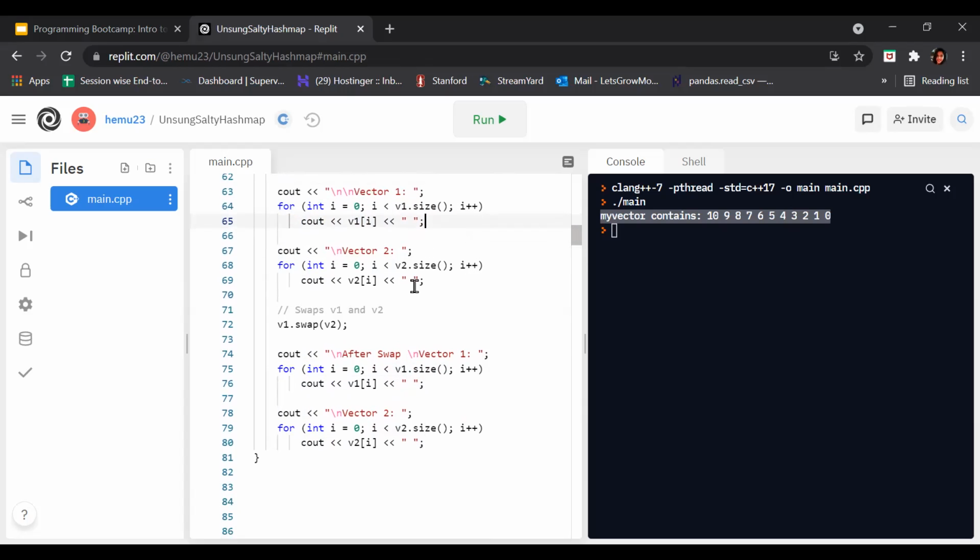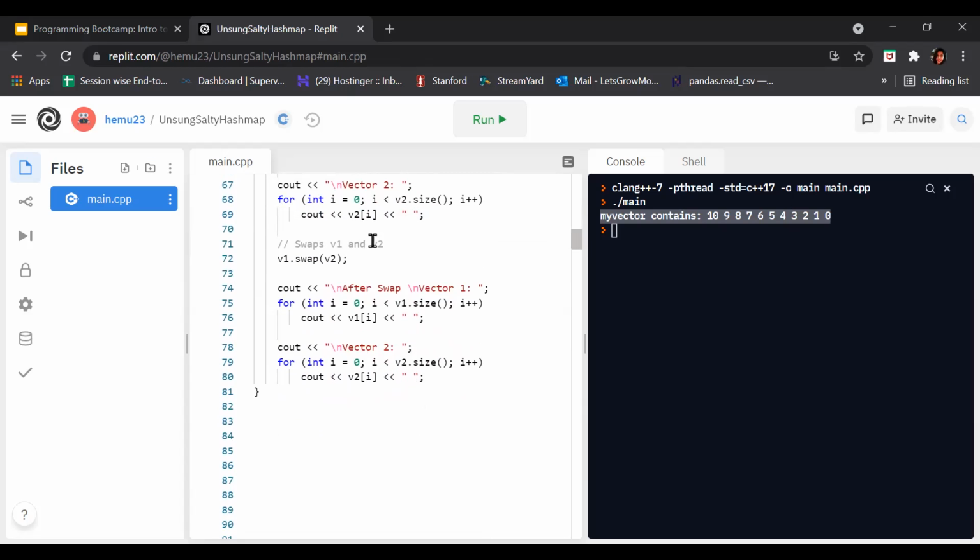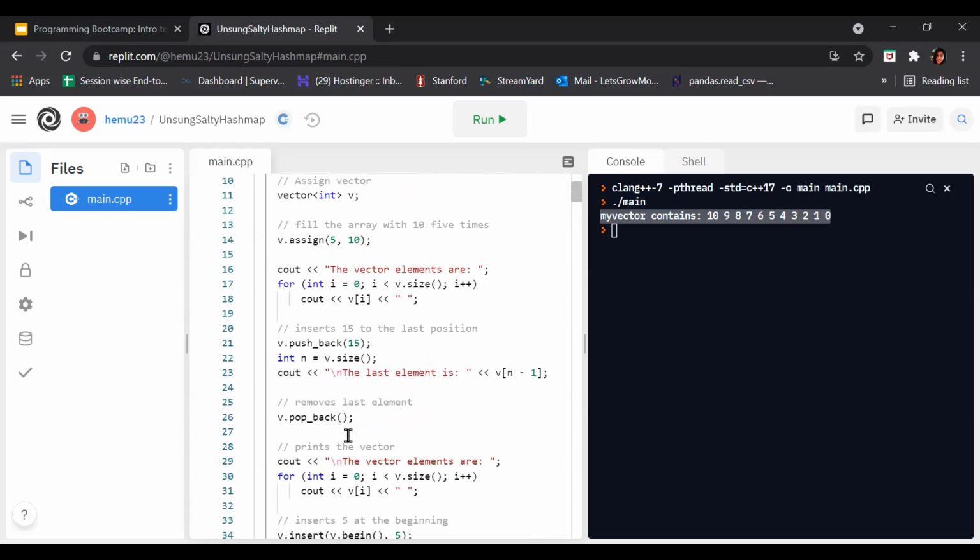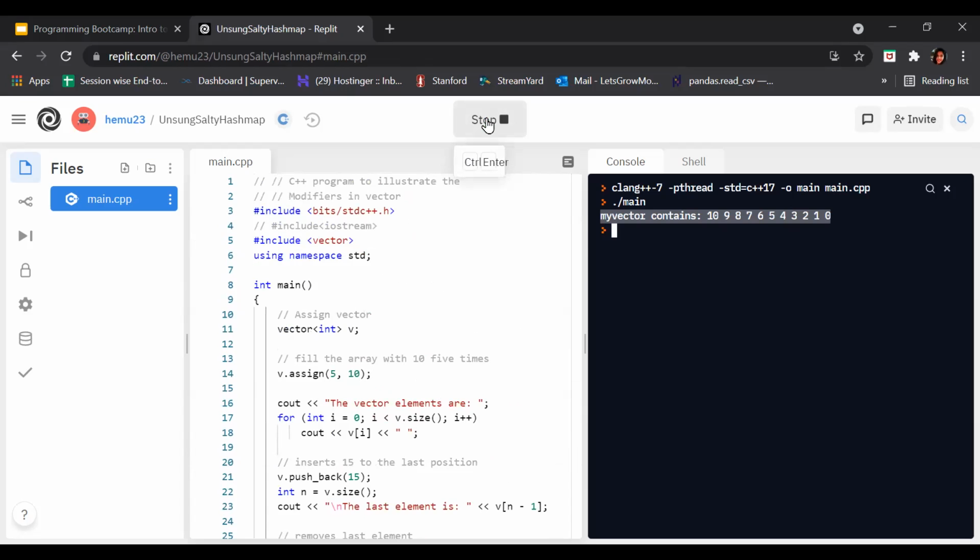Again for vector 2 we do the same thing. Now how can we swap vector 1 and vector 2? Just call the swap modify function: v1 dot swap, and in the brackets put v2, the vector we want to swap with. Again we will see after swap vector 1 and after swap vector 2. So let's run this program and see how it works.